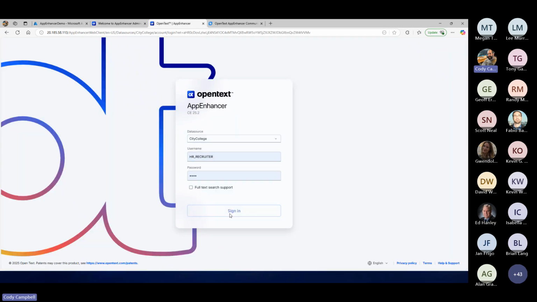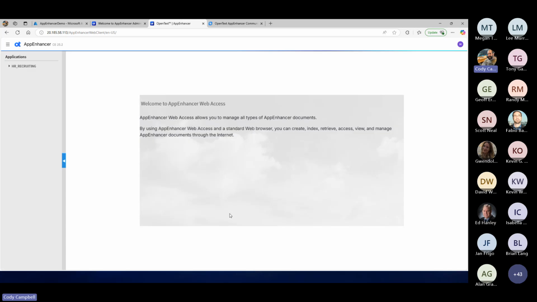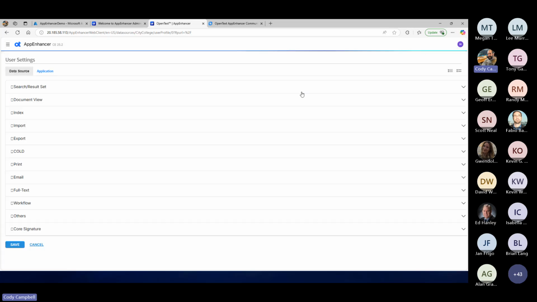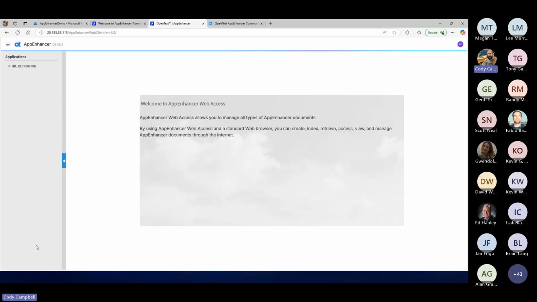I'm going to go to the HR environment, and there's one app in this particular one, but the new UI doesn't look much different than the old one at the moment. As you notice, the main pane is still a pull out from the old, but we have a new toolbar, a new menuing system, and new user settings that you can configure. They're all the same settings, but they're distributed in the new forms. Not too much different, but it's using the new framework.